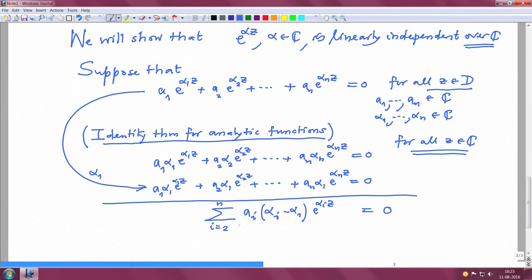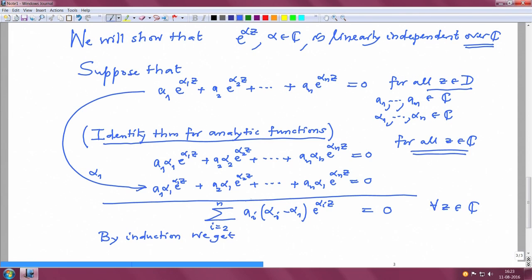So, we have now a new equation, and this is true for all z in C. So, we have reduced the length of this linear combination. So, by induction the result follows. By induction we get